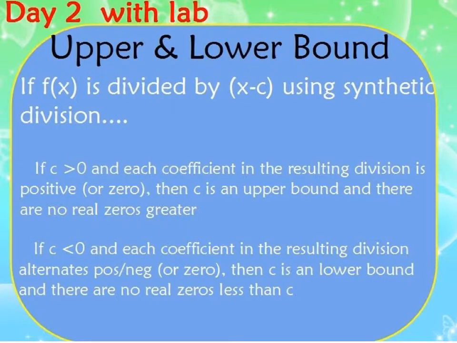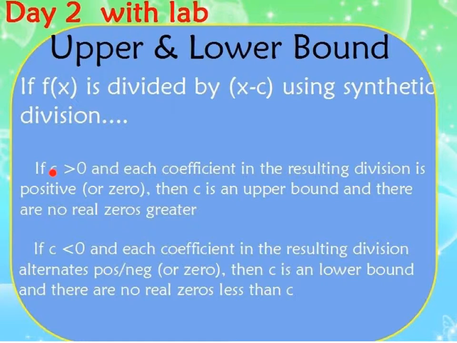and that's the upper and lower bound. All right, again, kind of a nice thing to evaluate what it is that's going on with our function. So f of x is divided by x minus c using synthetic division. Okay, we've been doing a bunch of that. We've been doing synthetic division left and right. Now, if your c that you're plugging in, it's kind of like our k, really. So if